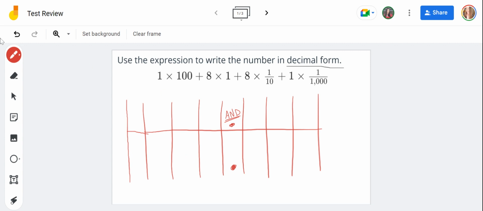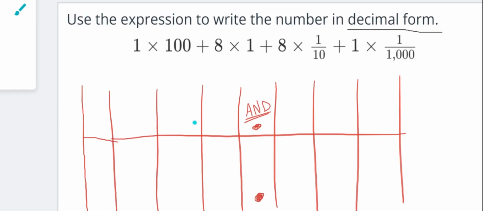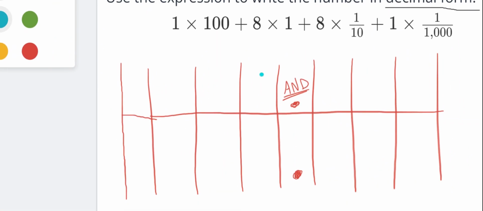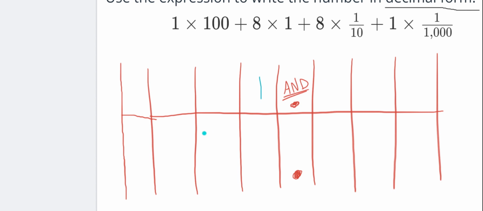Now I have to label it. So what is the one spot in front of the decimal point called? Perfect. The ones. Then what comes in front of the ones? The tens. What comes in front of the tens? The hundreds. All right. And then what comes in front of the hundreds? That's right. That would be the thousands. Now that I've labeled my whole numbers,